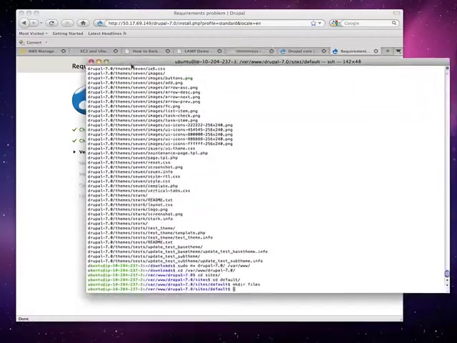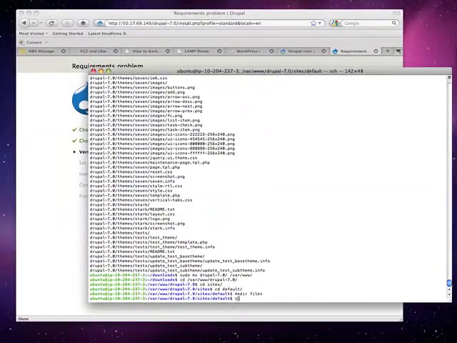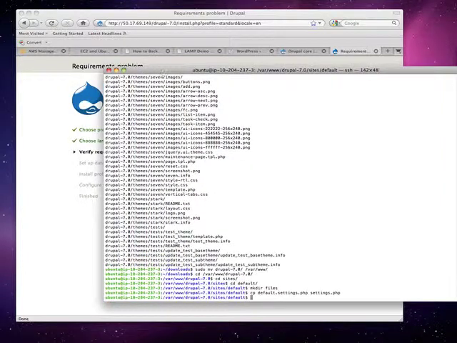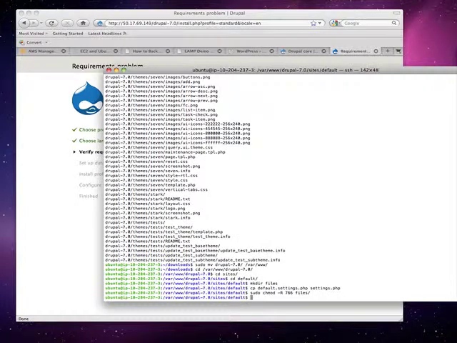Copy default settings, cp to settings.php, and I think I need to give 766 recursively. Sudo chmod to the files folder that I just created.